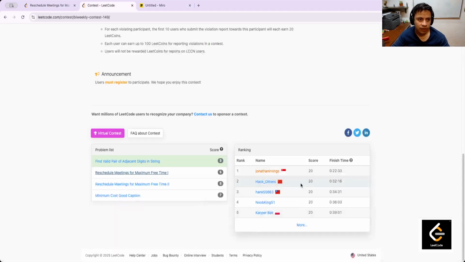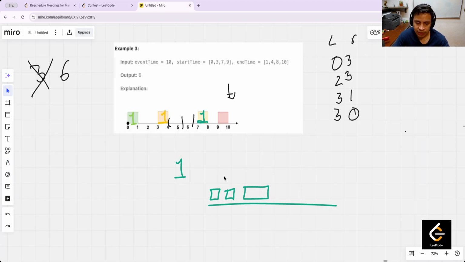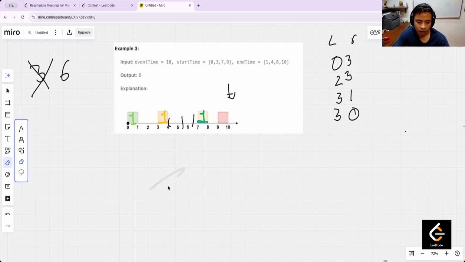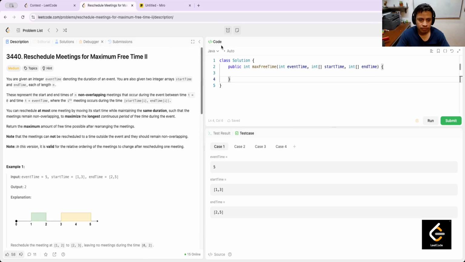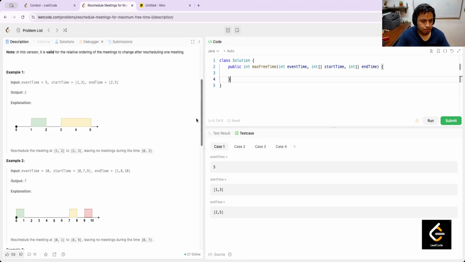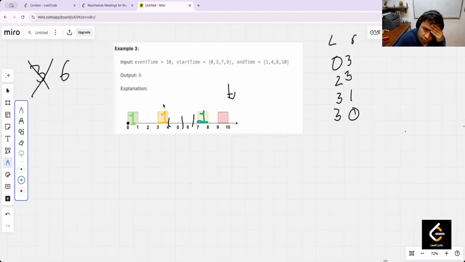And the difference with the first version of rescheduling meetings for the maximum free time is that this is not possible there. I can move this meeting between the spaces, but not change the order. Okay, this is in essence the difference between these problems, because the statements are otherwise the same. But well, now let me try to remember